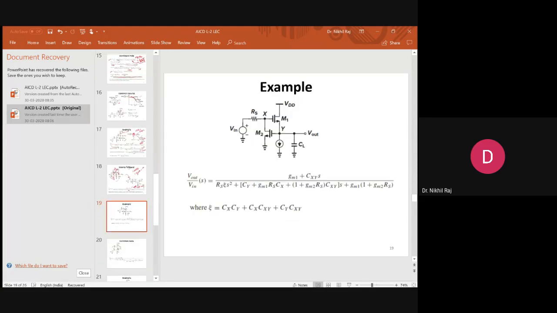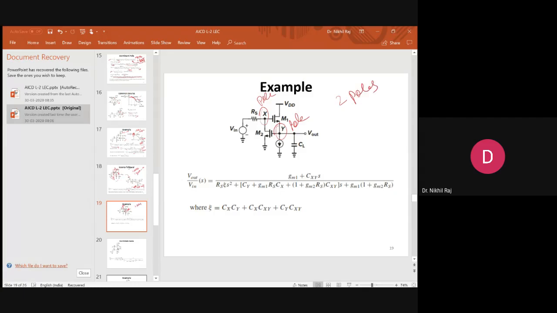One more example I will take for you. Now look at this circuit. Don't look at the transfer function, just look at the circuit. Now if you look at the circuit, how many nodes are there? Node X and node Y. Other than this, no nodes are there. Node X will have some capacitance due to M1, that is CGD, and somewhat CXY. So a pole will be introduced at this point. So here will be one pole, here will be one pole. So it will have two poles.